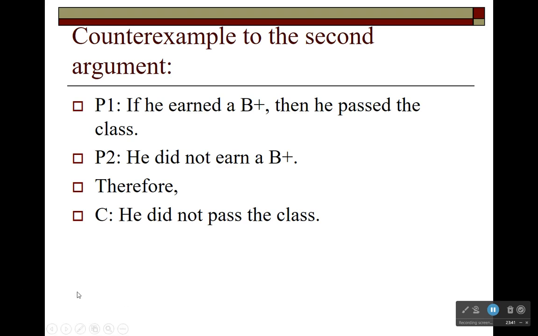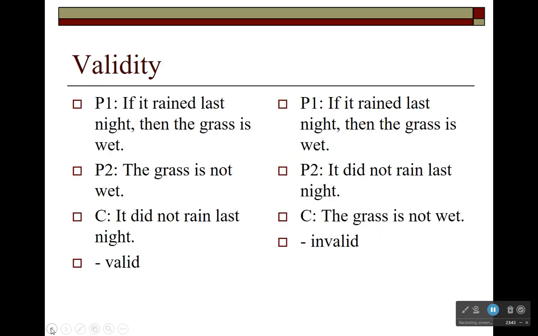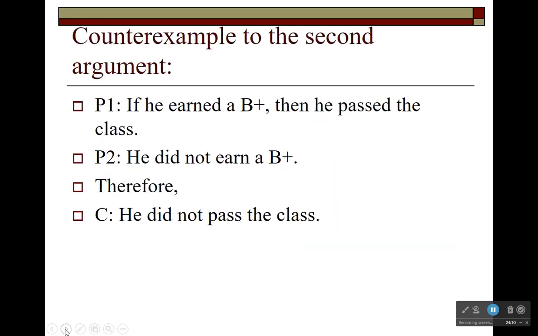Here again, in the case of these two arguments, it might have been hard for you to see why this one is valid and this one is invalid. But that's the value of the counterexample method. You learn to give an argument of exactly the same form that has obviously true premises and an obviously false conclusion. If you can do that, then you've proven that the argument is invalid. So let's give a counterexample to this second argument to show that it's invalid.